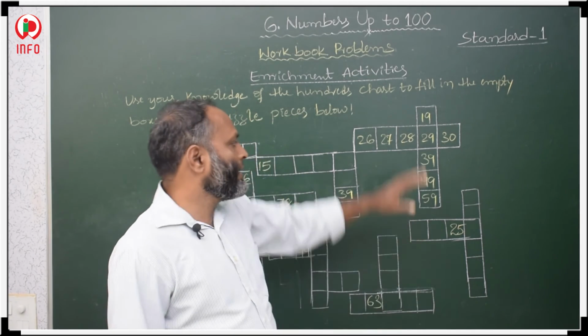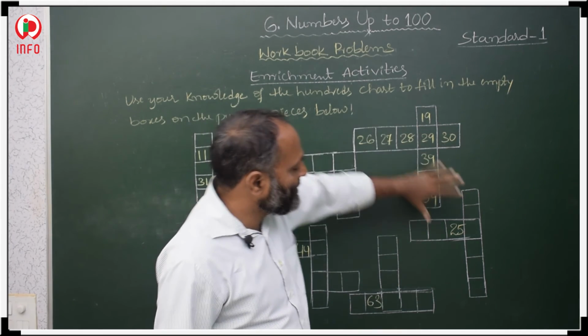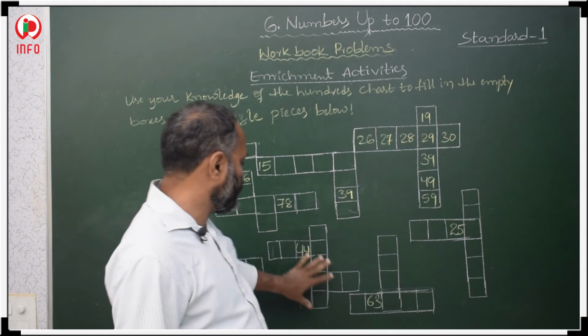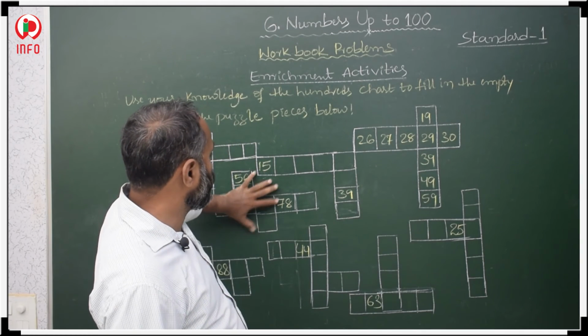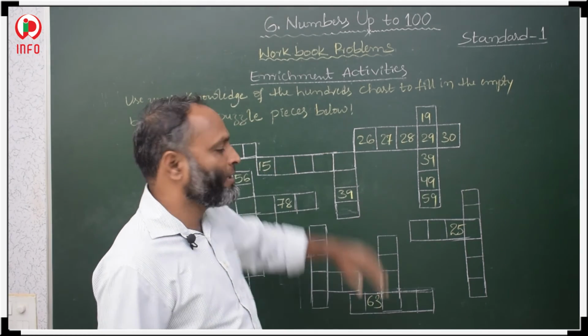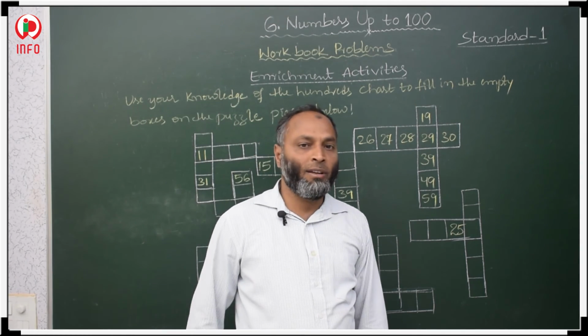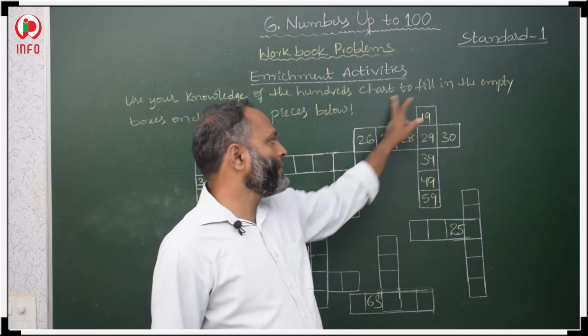One clue is given here, one piece. This is the first piece, this is the second, this is the third, this is the fourth, this is the fifth, this is the sixth, this is the seventh, and this is the eighth. Total 8 parts were given. In this, one solution is given here, see.